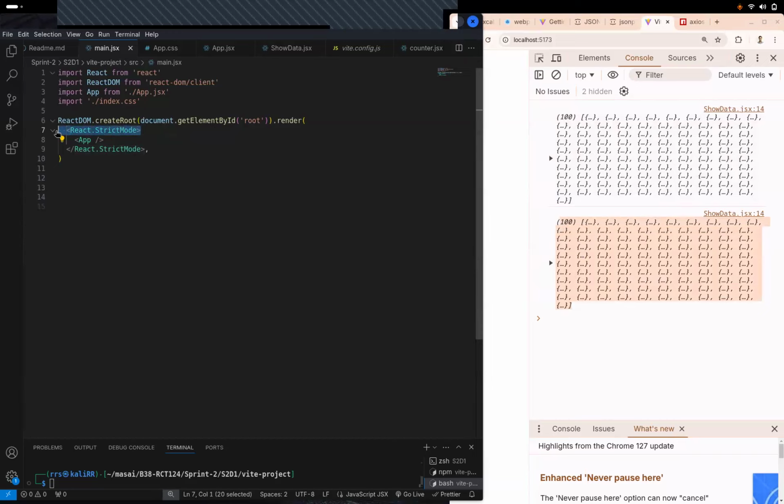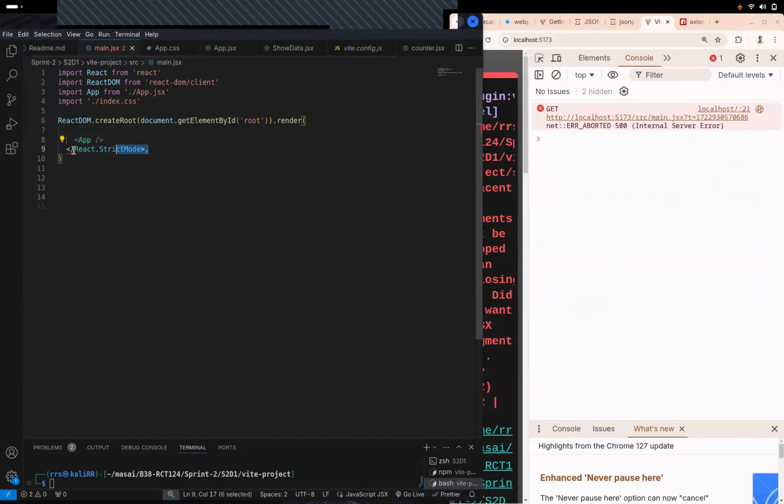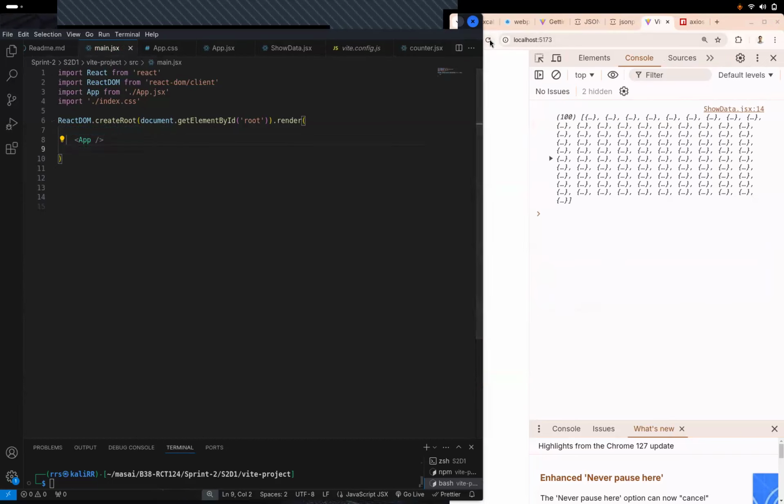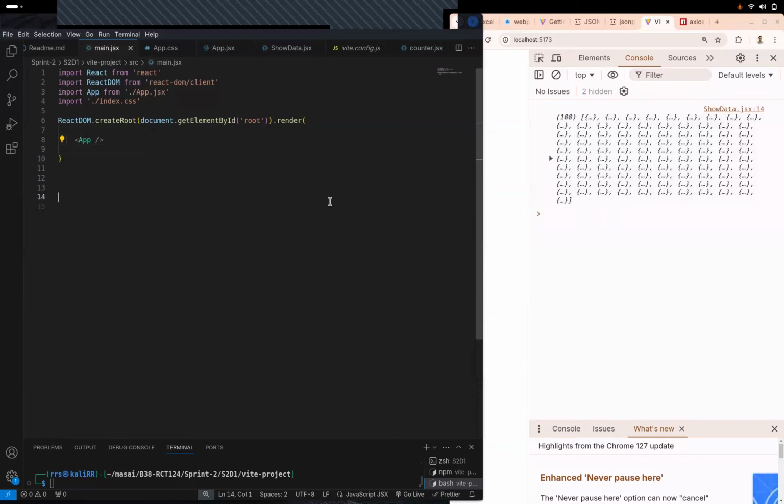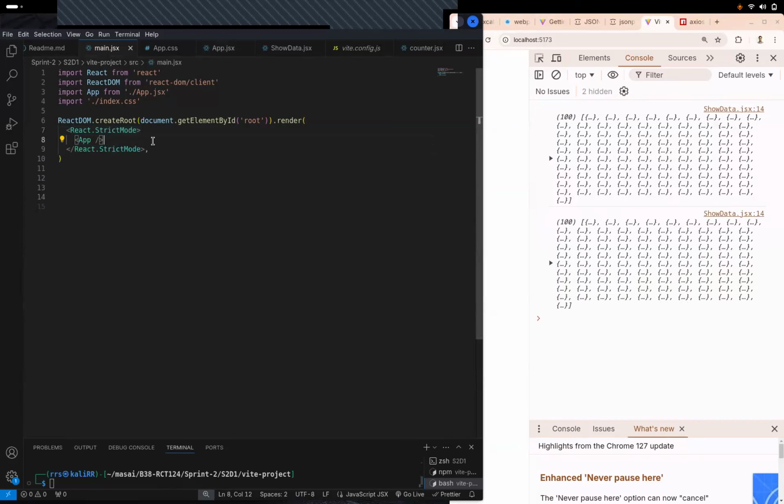Right? Chalo, let's apply that theory. Let's remove strict mode. So in this case, when the page is loading, are we getting just one console? Right? So that's why React.strict mode is applied. It is basically there to check for errors before your entire code runs on runtime. At compile time, it checks for an error and it throws an error. Else, you can just go with app directly. So app के साथ भी जा सकते हो.